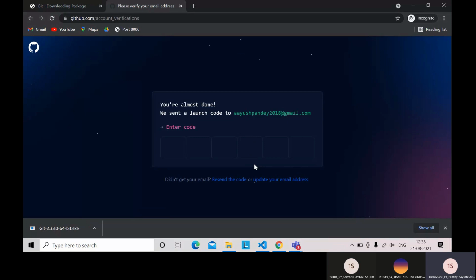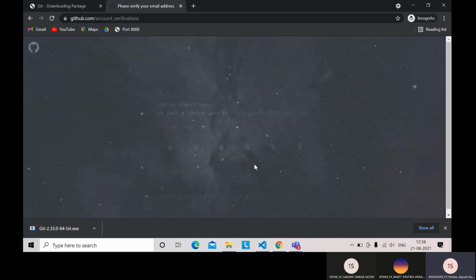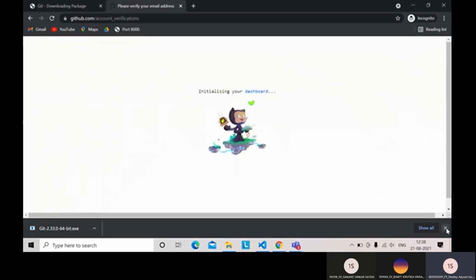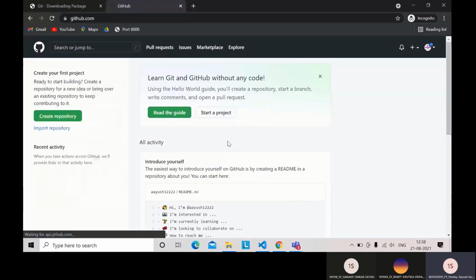You'll get a verification code on your email, you can just check that out. In the meanwhile, we can see that our Git has been downloaded. And here you can see we have successfully created a GitHub account.